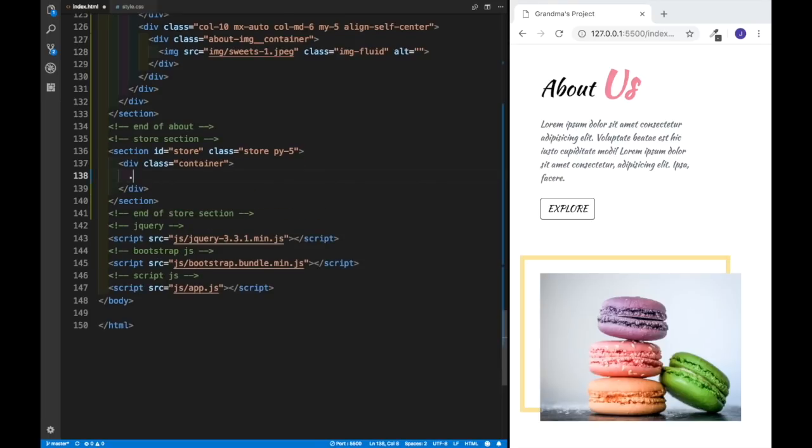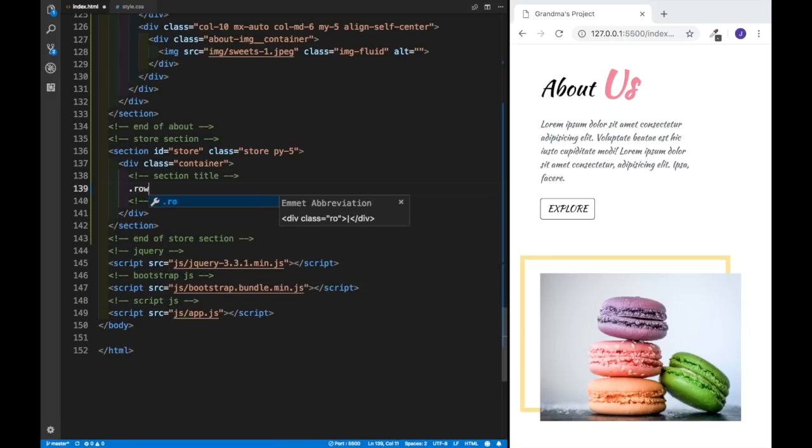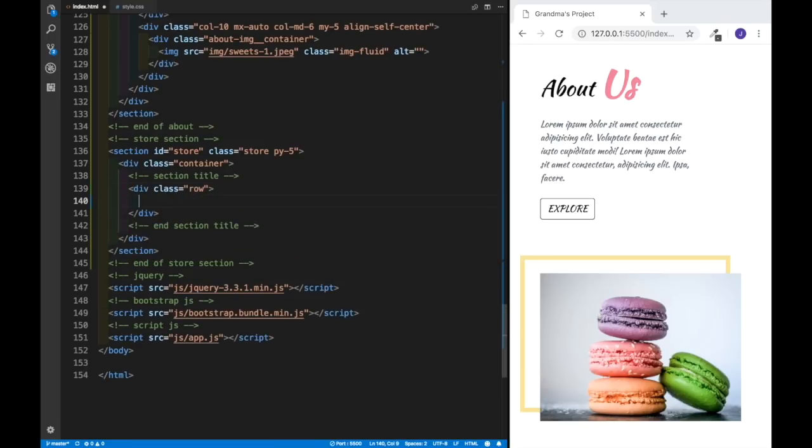The first row is going to be responsible for the title. So we're going to write over here section title, because we're going to reuse this later on. So we're going to say end of section title, and then within the section title, we're going to have a row. Within the row, we'll just want to place a column that's going to be spanning 10 columns wide on